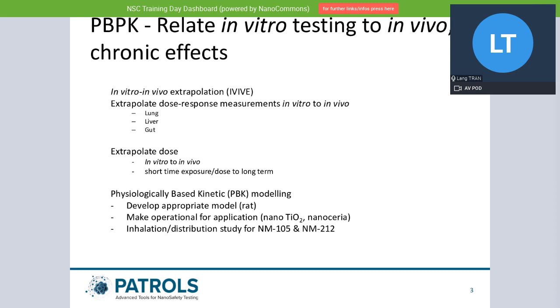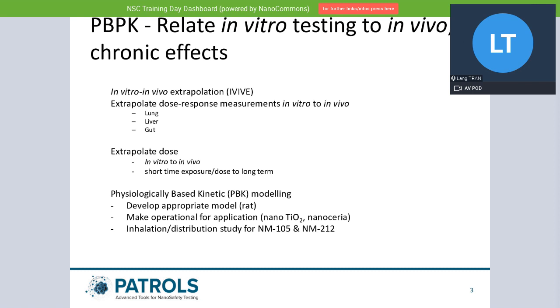Okay, and we will do that by looking at the in vitro experiment on the lung or the liver or the gut model. There are several such models for these different organs, and we try to extrapolate the dose that you use in vitro to in vivo, taking into account that, of course, the in vitro exposure time is very short, and in vivo, the exposure is very long term.